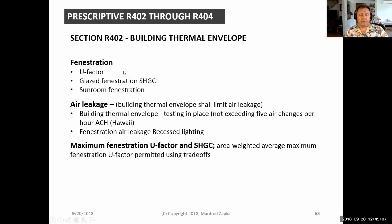So there we have to have certain metrics here, which is the U factor and SHGC, the solar heat gain coefficient. One of the big things here is also air leakage: if we tighten up the envelope, we avoid hot air coming in or cold air going out. And we have a maximum for fenestration, the U factor, and the solar heat gain coefficient. So this is the building envelope, and we shield the building basically against the